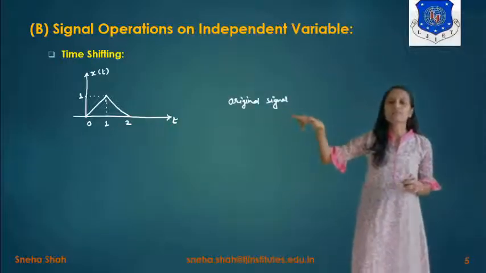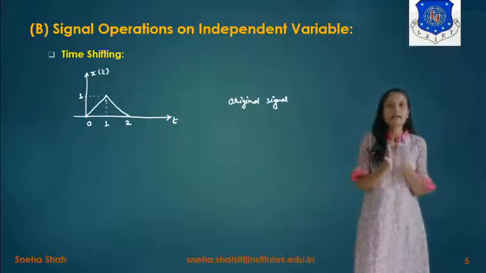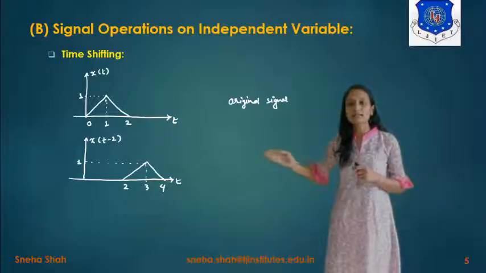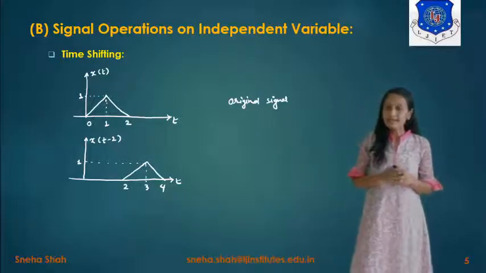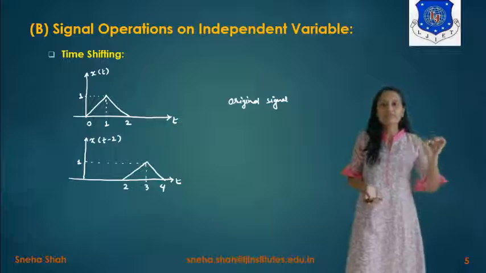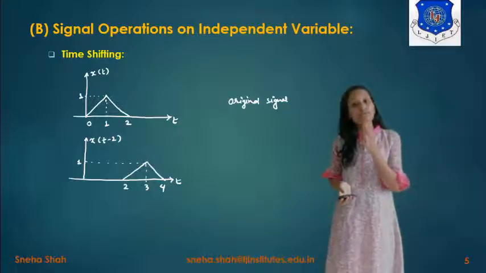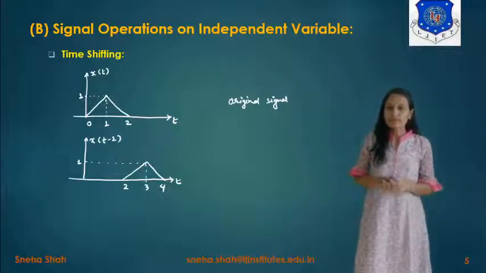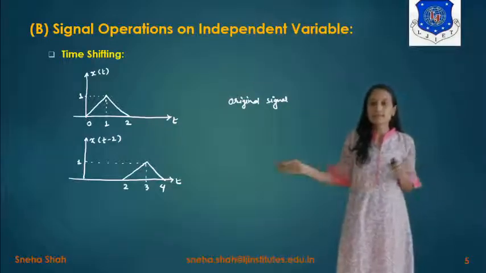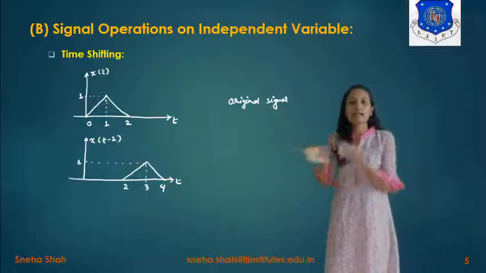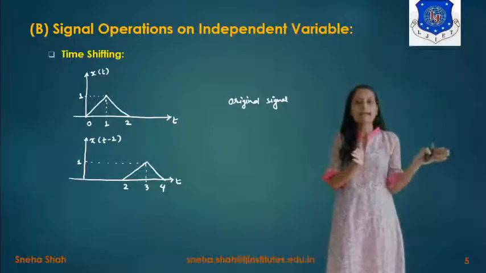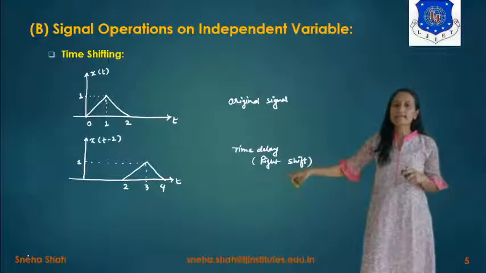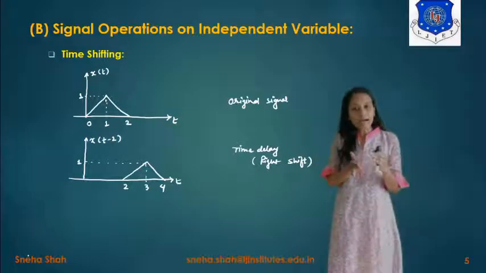If we take this as the original signal and we have to shift it to the right side or left side, suppose we take the term x of t minus 2. Putting the value of t equals 2 in this equation gives the same value as the original signal x of t. So we have to shift this signal by plus 2, meaning on the right side by a factor of 2. This will be considered the right shifted signal. It means it will come after 2 seconds.